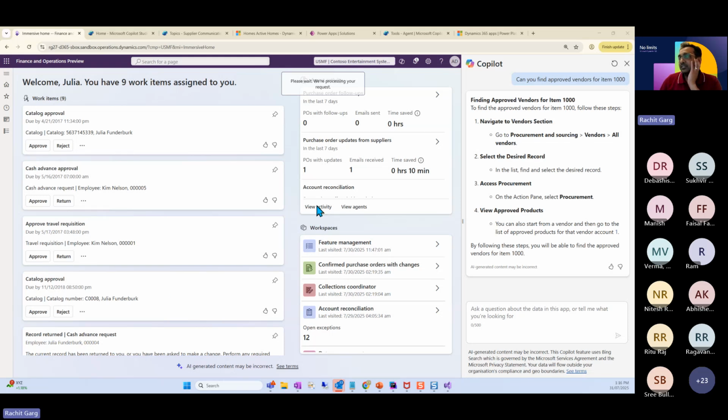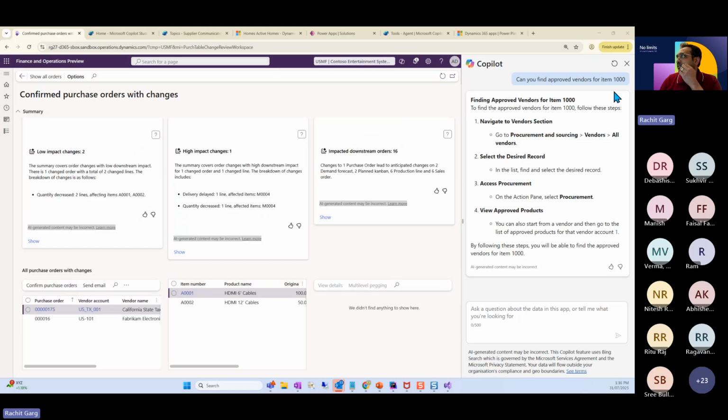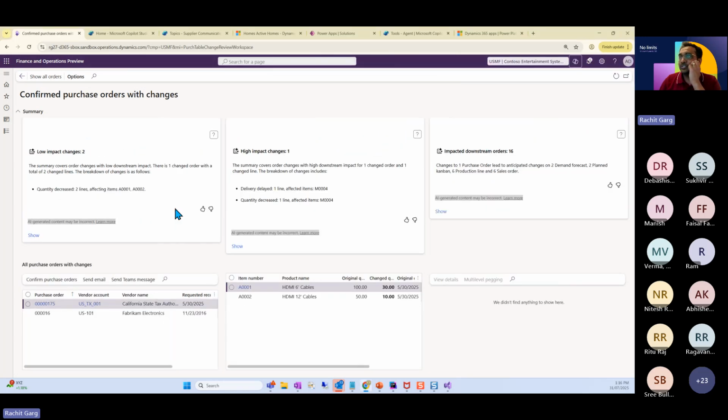What it does is it tells you what are the impacted purchase orders and impacted sales orders, if a purchase order has changed. So basically it identifies the low impact, high impact, and downstream impacted orders.